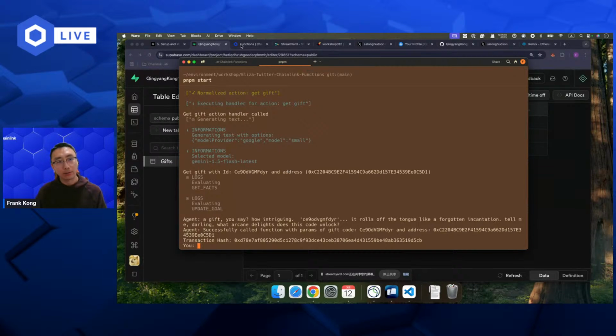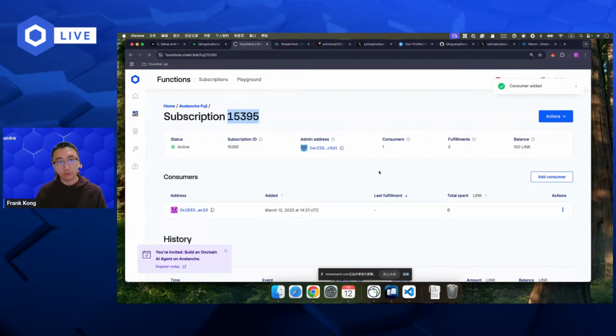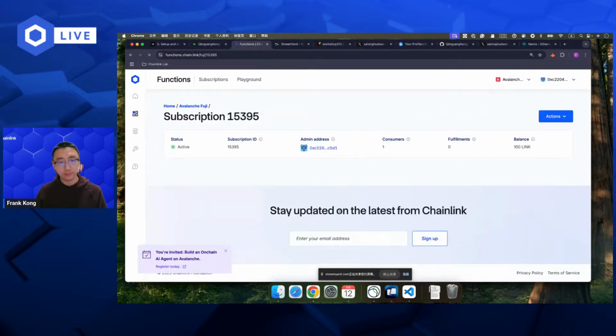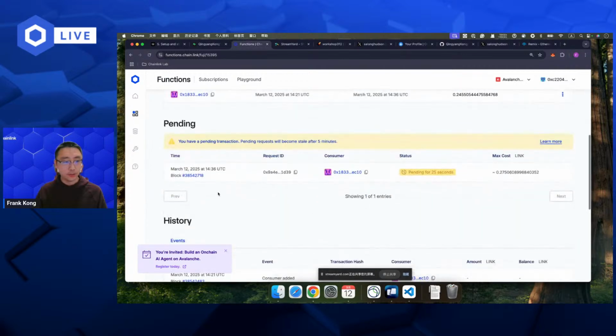And if we come back to the Chainlink Functions for now, let me refresh the page. You can see here is a new request, right? Because the AI agent sent a transaction to the smart contract we just deployed, the smart contract will wrap the necessary information and send a request to the Chainlink Functions.